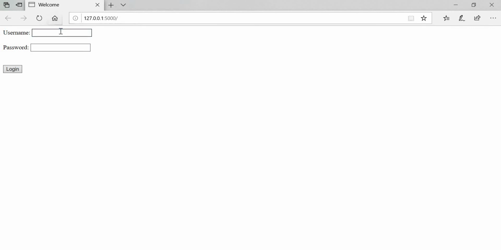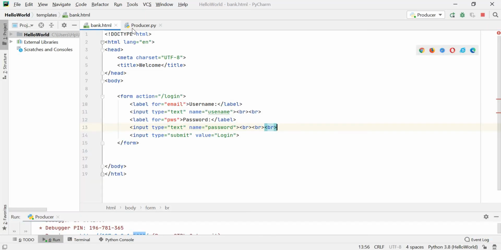If you put, let's say, my ID and password, once you log in on this page, see, it automatically came to the next page, that is welcome. We have made that over here.